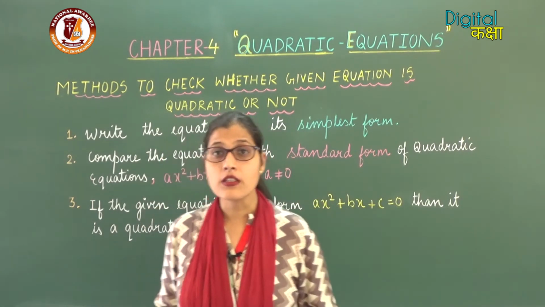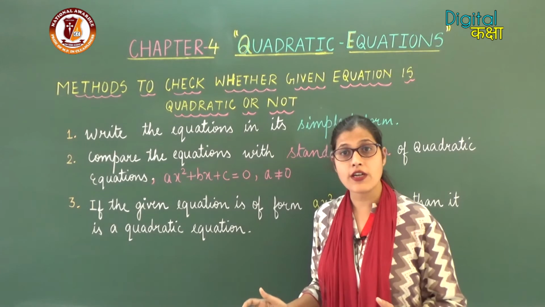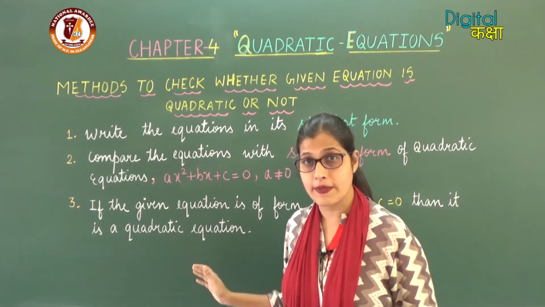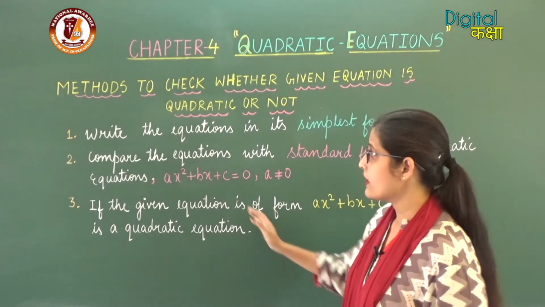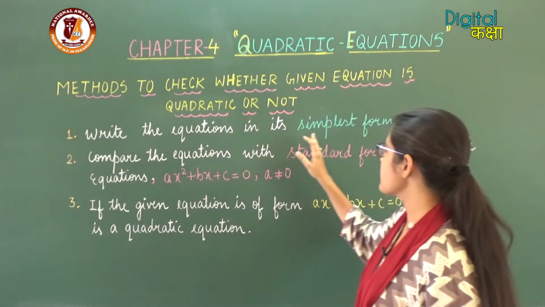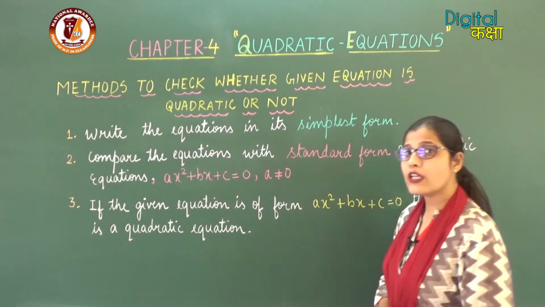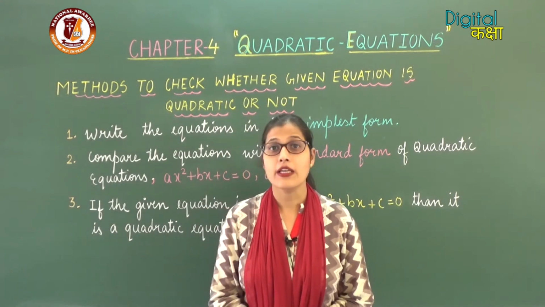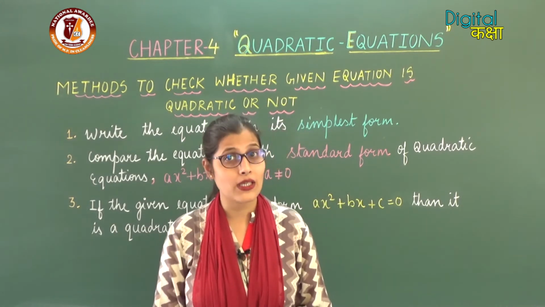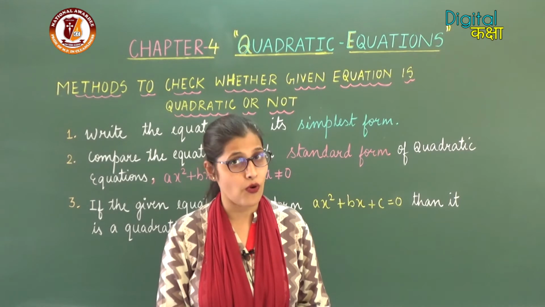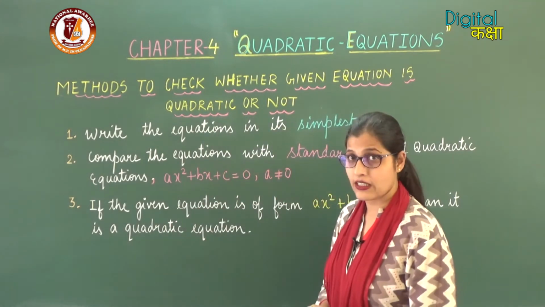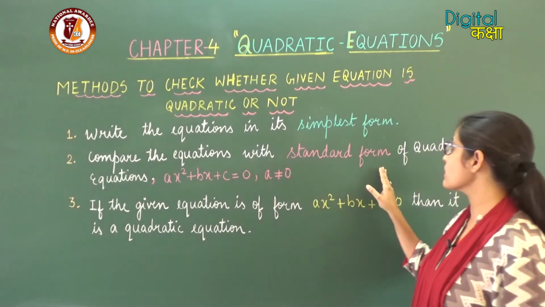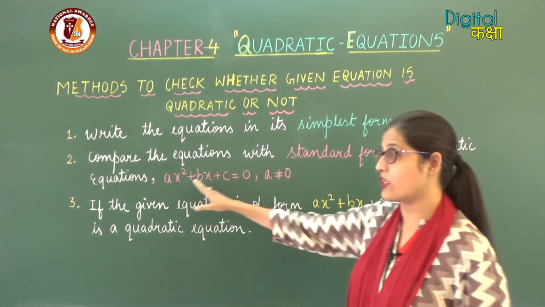So, to check whether the given equation is quadratic or not, we need to follow the following steps. The first step is to write the equation in its simplest form. If the equation is not given in the simplest form, your first step is to simplify the given equation in its simplest form. After simplifying it, you have to compare the equation with the standard form of quadratic equations, which